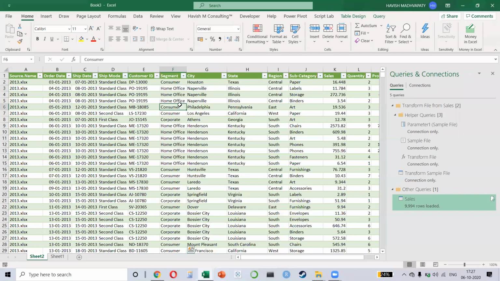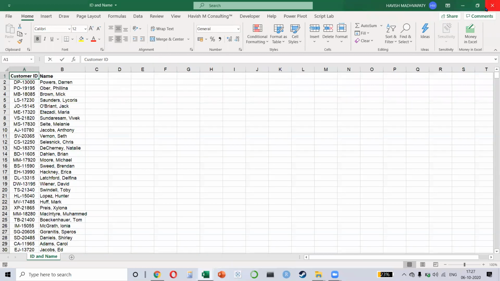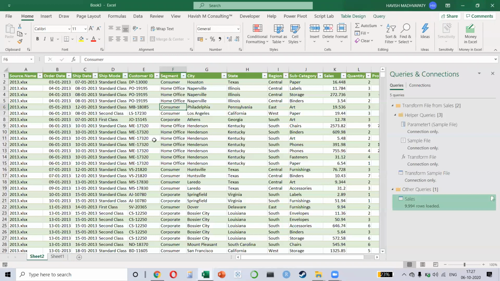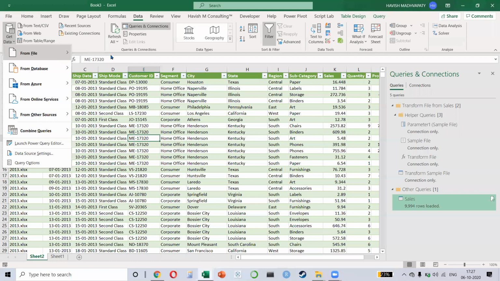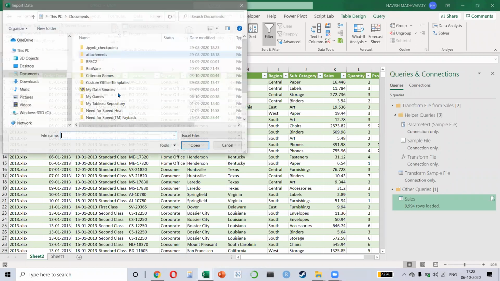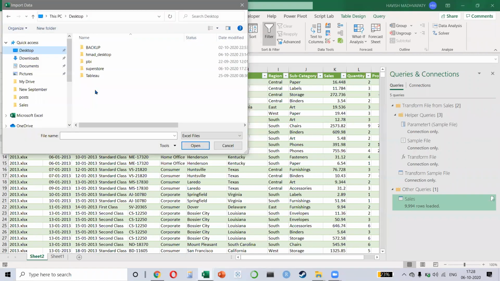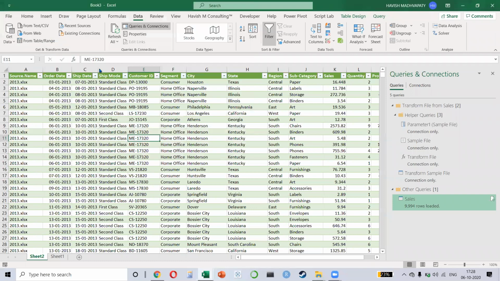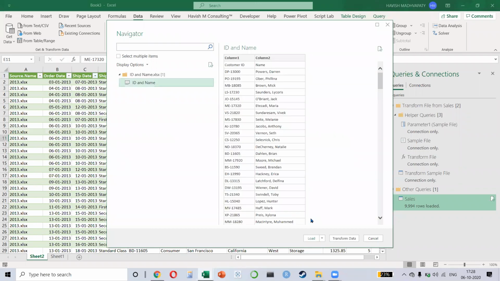So please watch everyone. This is my second file called ID and name. What I want to do is, I will again go to data, get data, and this time we will only select the workbook. Last time we selected an entire folder. This time we only want to connect to a single Excel file. And what is our Excel file? So on my desktop in Superstore, we have the ID and name like this. When I connect to my Excel file,